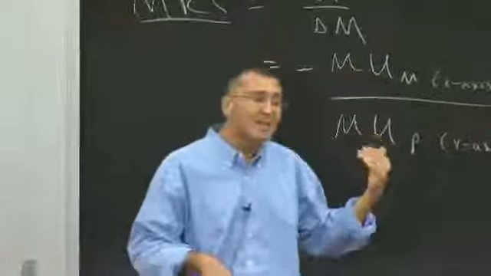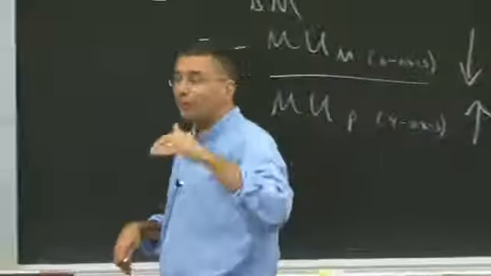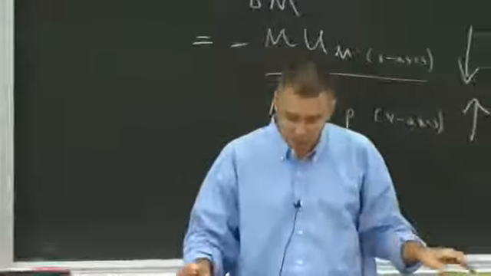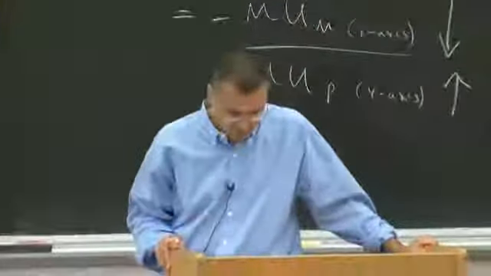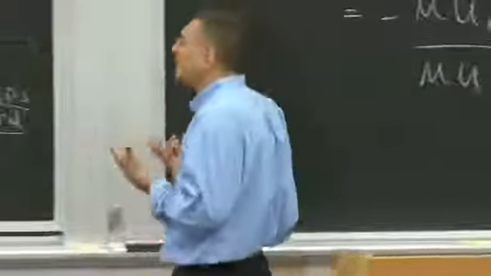Okay? That's why it diminishes, because you move down that curve, the numerator is falling, the denominator is increasing. And that's why I have everywhere diminishing marginal rates of substitution. Okay? So another way to think about this